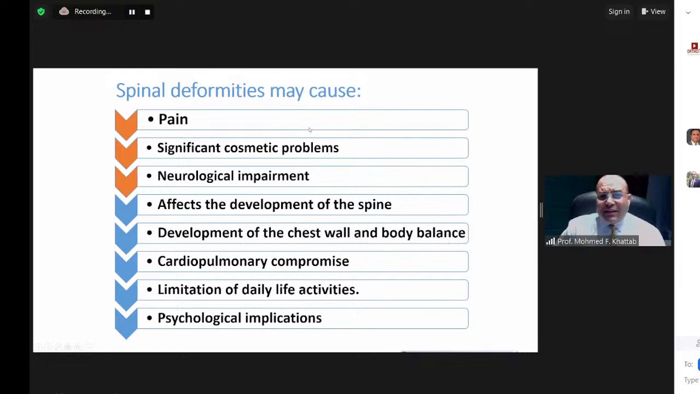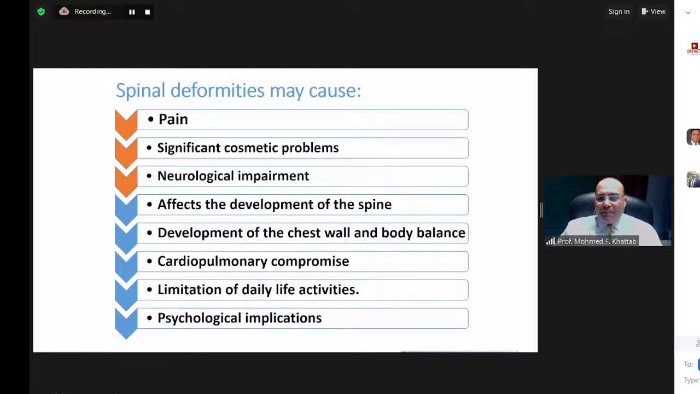Why do we treat these patients? Because spine deformities or complex spine deformities may be a cause of pain. The pain is due to either the local kyphosis or the compensatory mechanism of the spine to compensate and balance the spine. It is a significant cosmetic problem for patients, especially for teenagers, either males or females, and it